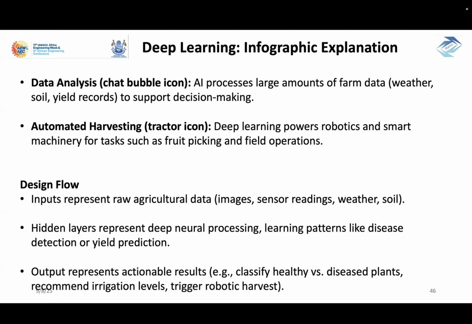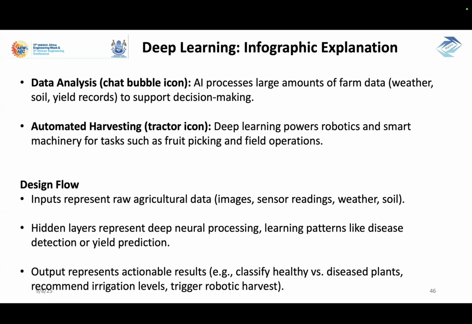So data analysis, that's the chatbot icon, is the AI process. That's processing a very, very large amount of data. It can be weather, soil, or yield records to support decision making. And then you can also have automated harvesting. So deep learning powers robots, smart machinery, and so forth. If people talk about a tractor that is harvesting by itself, it uses